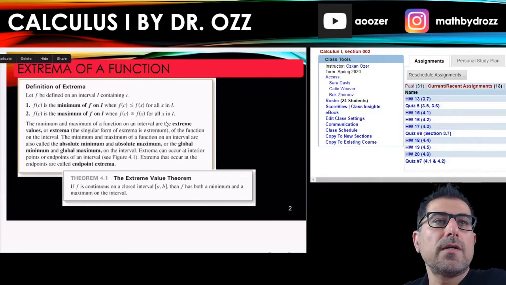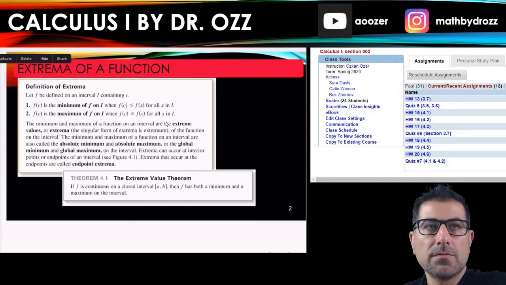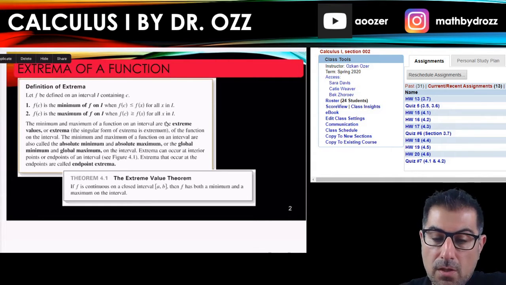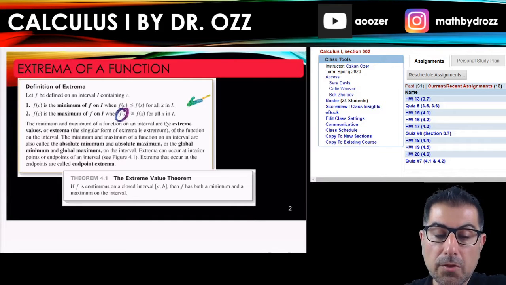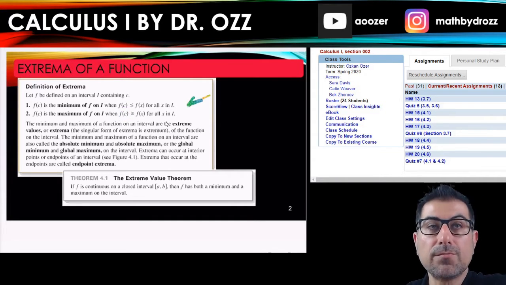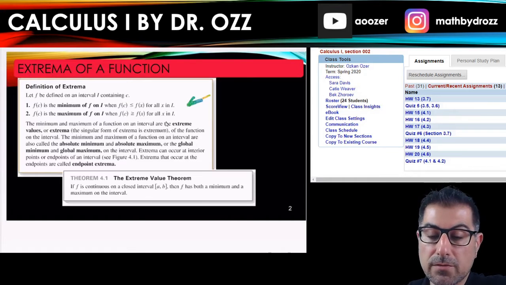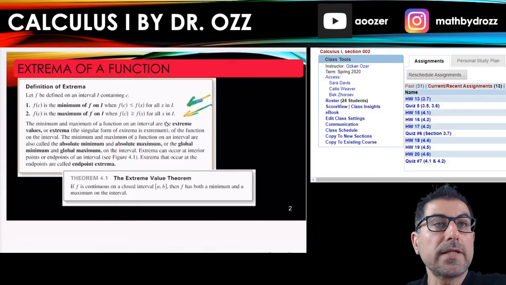Well, we started off with the minimum and maximum definition of a function on an interval, and we said that f of c is the minimum of f on an interval if f of c is smaller than or equal to any other function value on the same interval. And then we said the same or similar definition for maximum: f of c is a maximum as long as f of c is greater than or equal to any other function value on that interval. Okay, so we called those values extreme values or extrema,